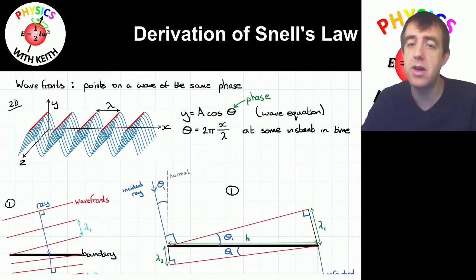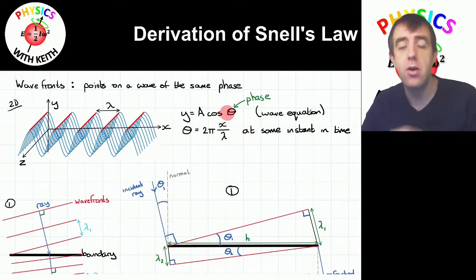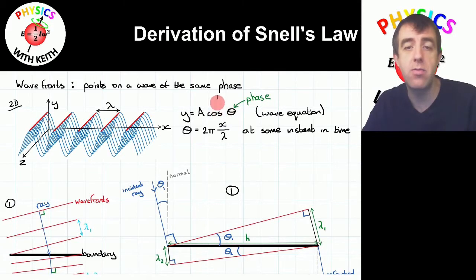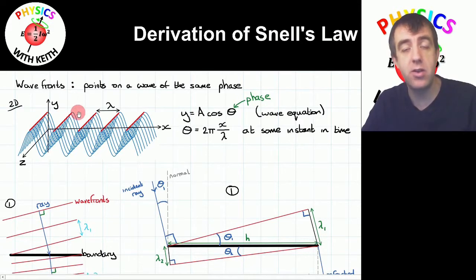Now, what I mean by that is if I connect together all points on a wave with the same phase in 2 dimensions, it forms a 1-dimensional line. If I have a 3-dimensional wave, then my wave fronts will form a 2-dimensional surface. So here I'm looking at a 2-dimensional wave, and I draw a dot wherever I have the same phase, and